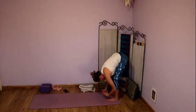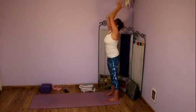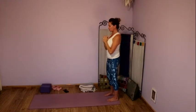Press into those feet. Inhale, take the arms all the way out and up. And exhale, hands to heart. Good, taking that intention of feeling strong and healthy in those shoulders and make your way to the top of your mat. As you make your way to the top of your mat, ground down into those feet,